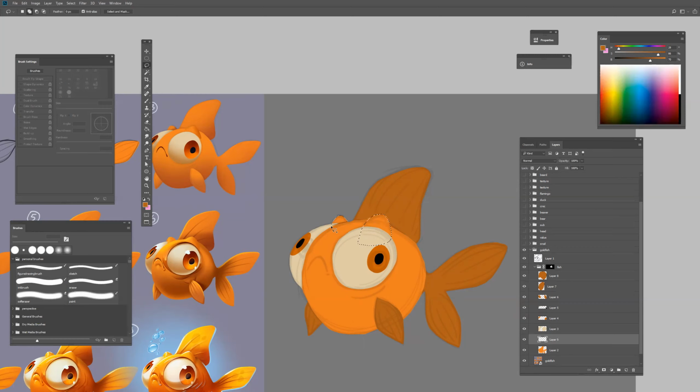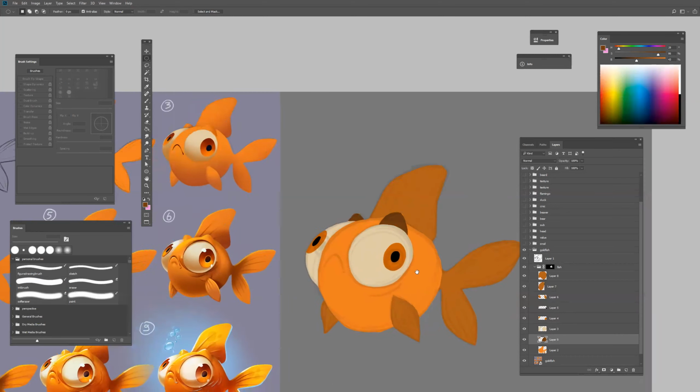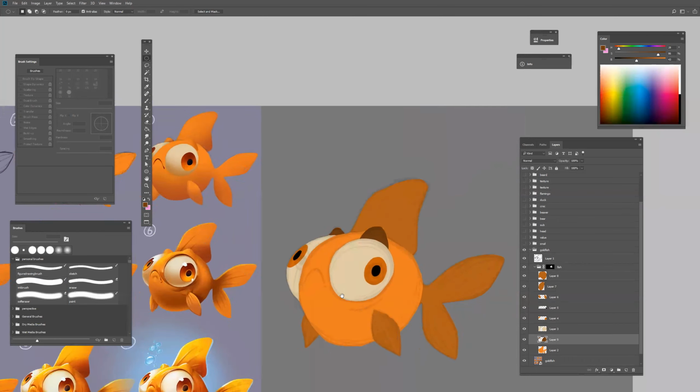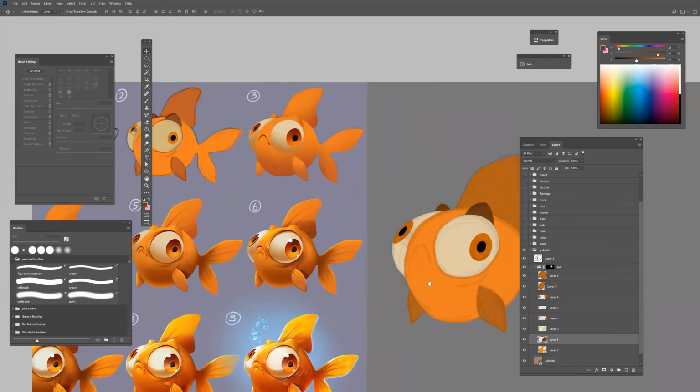we have this here. Fill this with the color, and you can also see me using the color picker. So when you have a brush or the paint bucket tool, you can press Alt and you get this eyedropper. So here you can see those eyebrows. You can also put it on top of this layer and then it's in front of it, and here it's behind it. So now we have this, and now we can start with the fun part